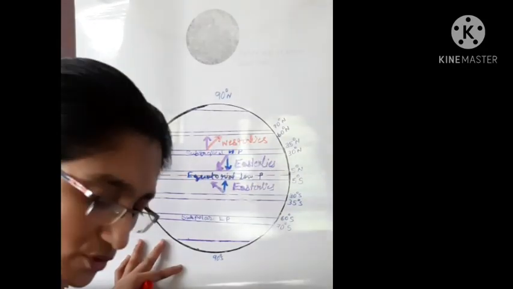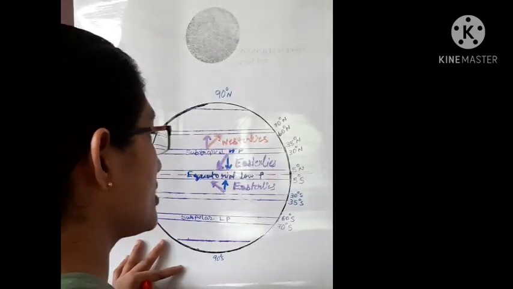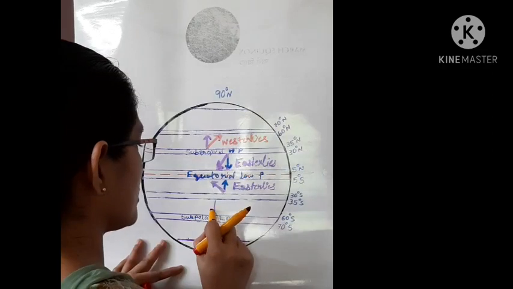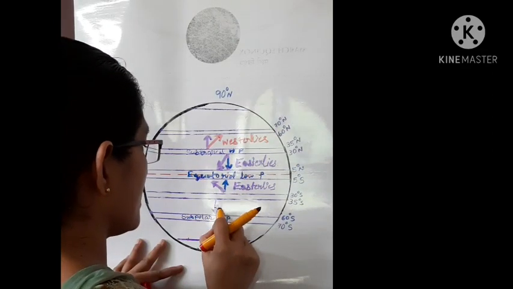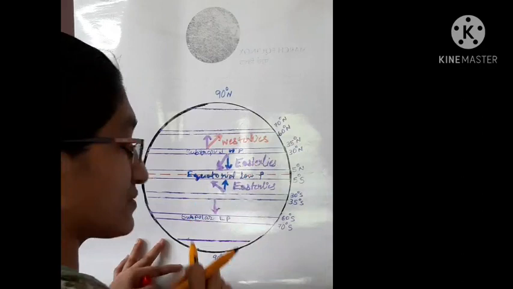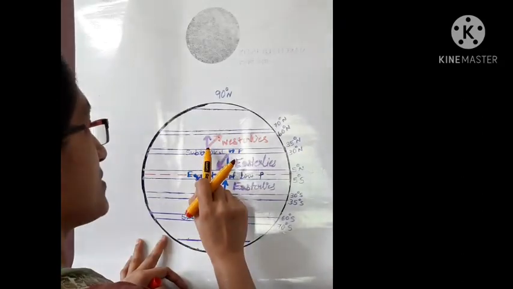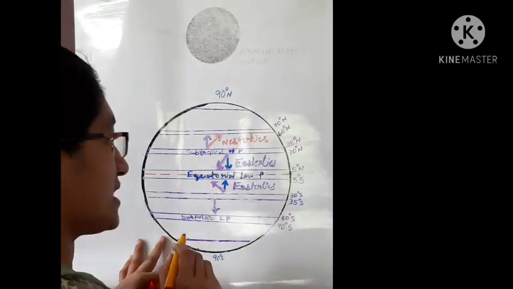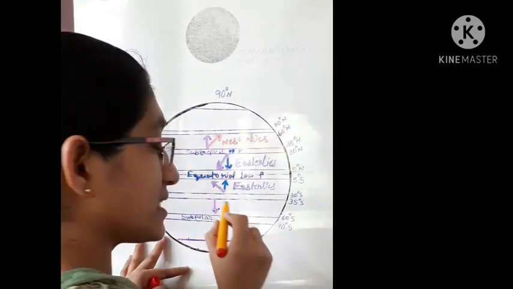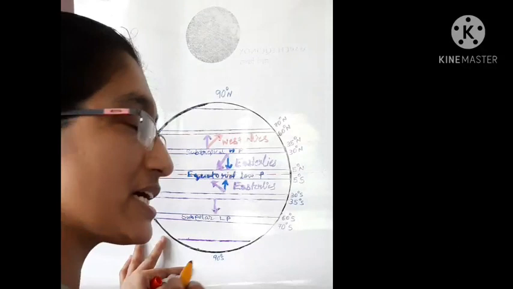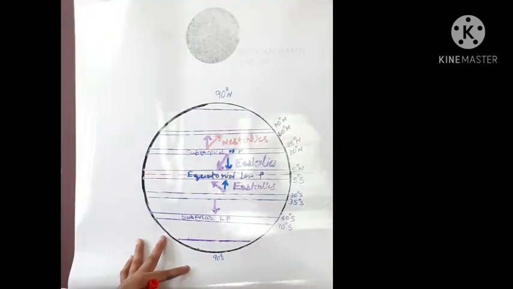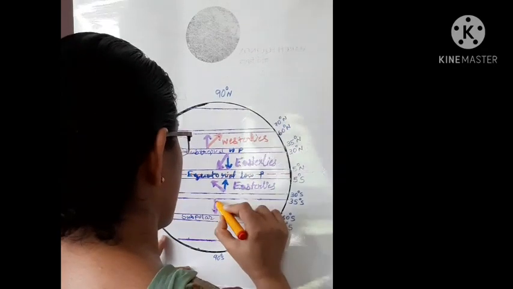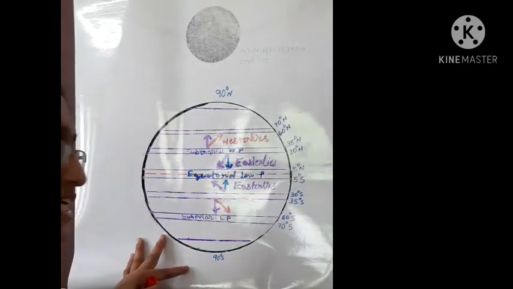In the southern hemisphere also you can find the same movement of the winds, moving from north to south. So in both hemispheres, the movement of the wind is different. Here it is from south to north, but in the southern hemisphere it is from north to south. But these winds show the same nature due to rotation, due to Coriolis force, deviating from the original direction, and the direction will be from west to east.